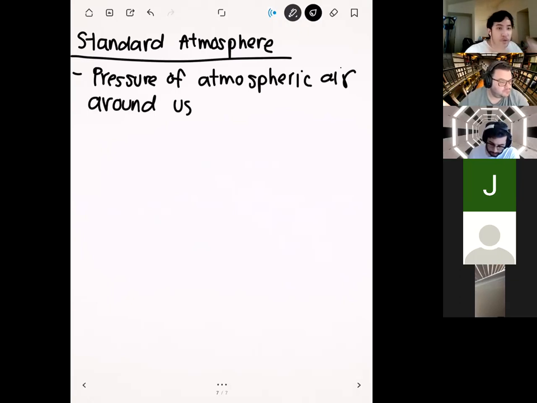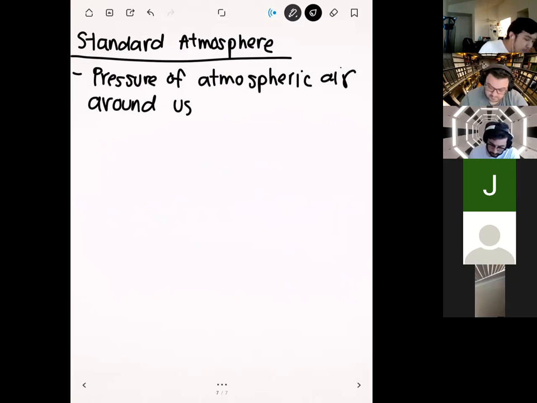So we don't live in a vacuum. Usually when you say you have 0 pressure, that means you're in a total vacuum. But that's not the case. All the air in Earth's atmosphere is exerting a pressure on us. It's just that a lot of times we ignore this in problem solving because the atmospheric air is all around us. There's always going to be that constant offset, so we just ignore it.